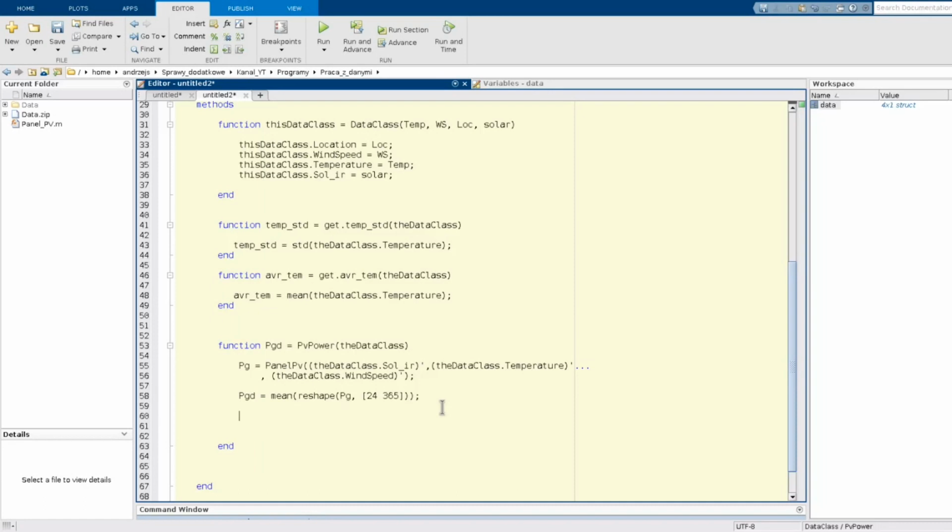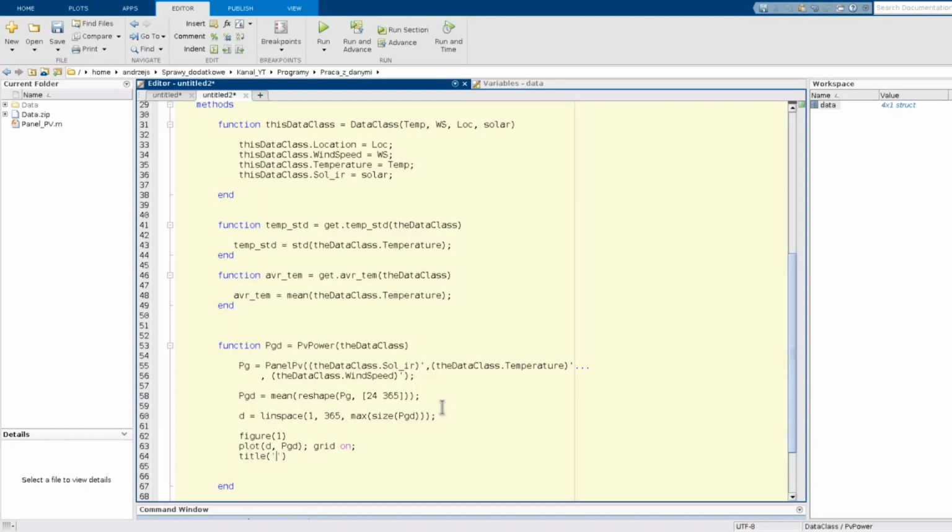Okay, and the last one we would like to have, just for presentation purposes, is the plot of the results. So I need to create a domain, linspace, okay, so I just create a vector of 365 values for a domain, and then a plot.